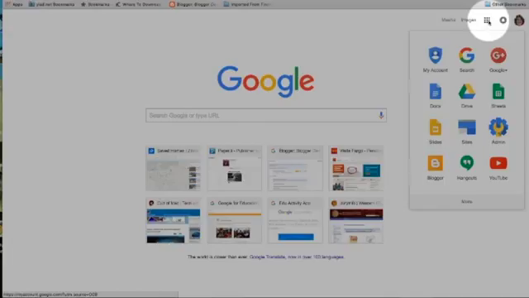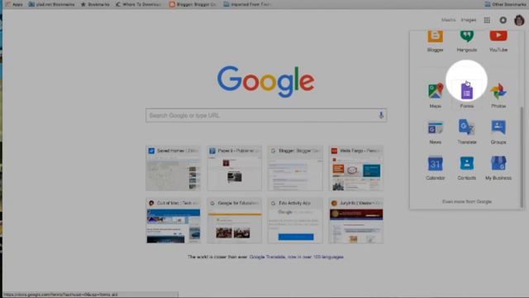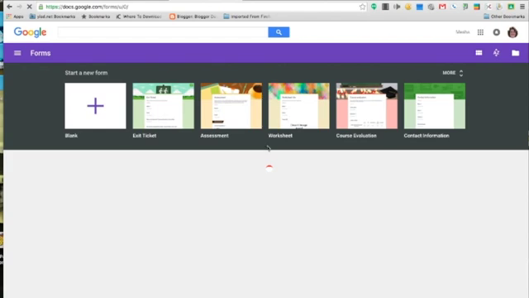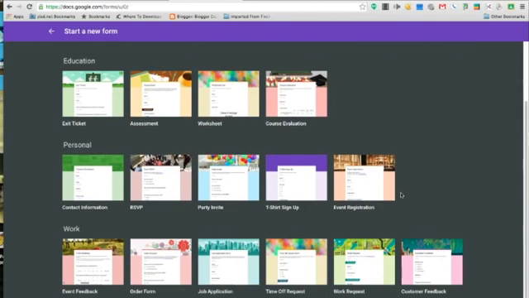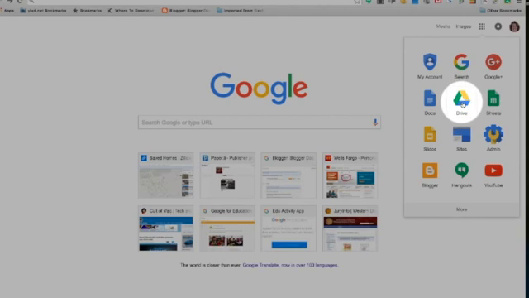There are two ways you can get to Google Forms. One way is going through Google Drive, and the other is going straight to the Forms app. If you use the Forms app, you will see that you have a variety of templates to choose from that are already customized. They're all very beautiful. However, if you want a blank document, click on Drive,